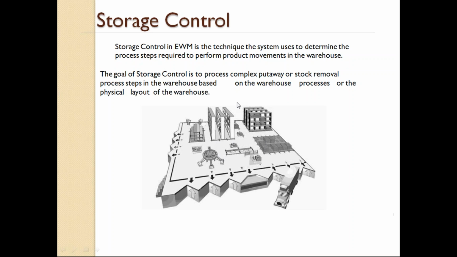Or sometimes you can control the movement based on the layout of your warehouse. Let's say you decide that every time you want to place the stock in this racking, you have to first place it here, then place it here. So immediately after quality, the stock will be placed here and then it will be placed here. We've already discussed there are two kinds of storage control: process oriented and layout oriented. Process oriented means you have intermediate steps to handle the different processes you have. And in the same way, layout oriented,